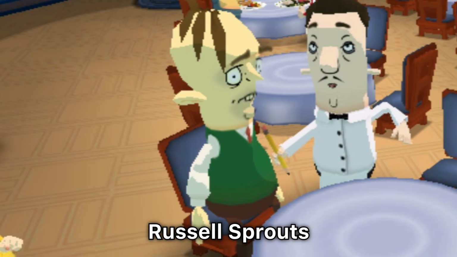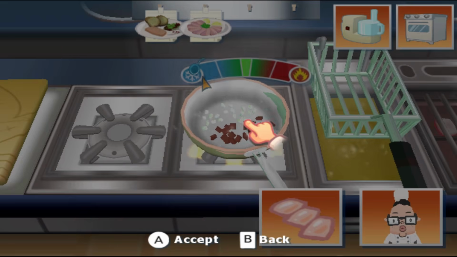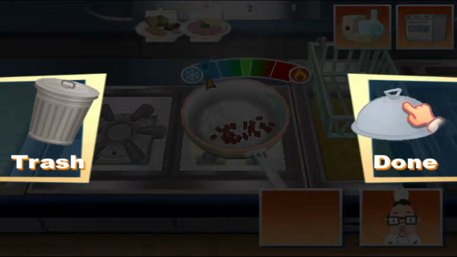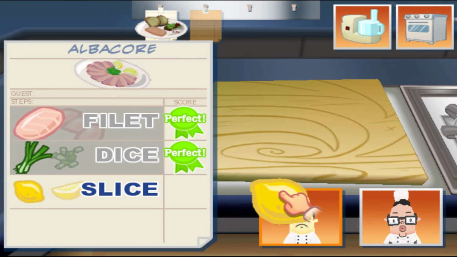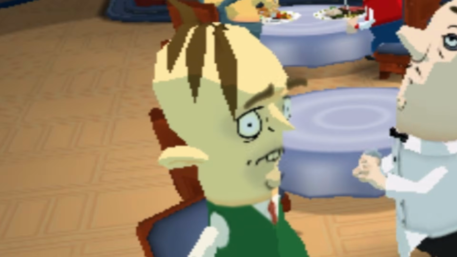He's a vegetarian, so he doesn't eat meat. However, he'll order meals with meat on them. So you'll have to use the Vegify spice on any meat in the meal to turn it into an appropriate plant-based meat substitute. Which, I got a rant here, why the hell did your sorry ass waltz into my restaurant,